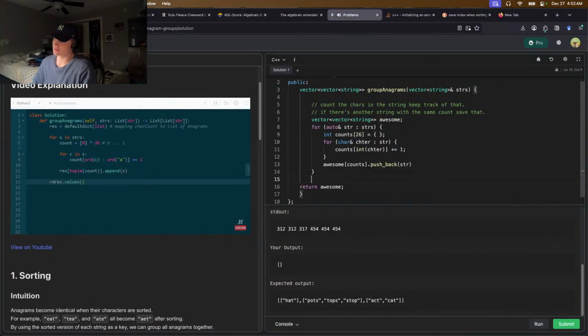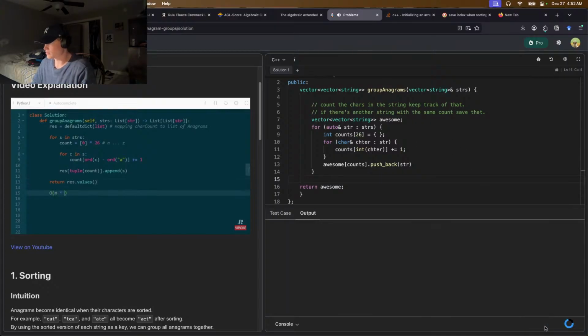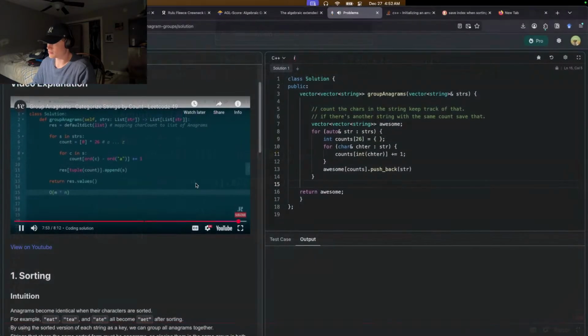The anagrams grouped together so we can return that and we're actually finished. So this is the optimal m times n solution where m is the